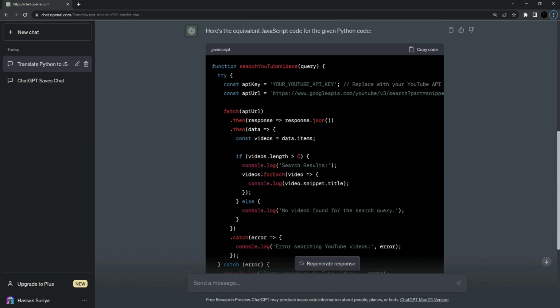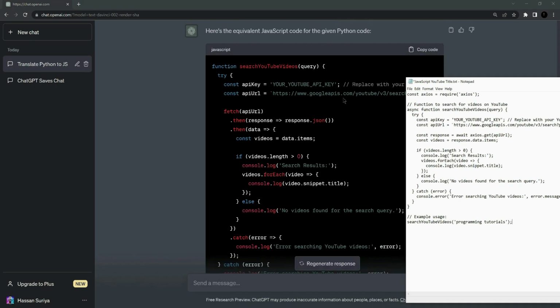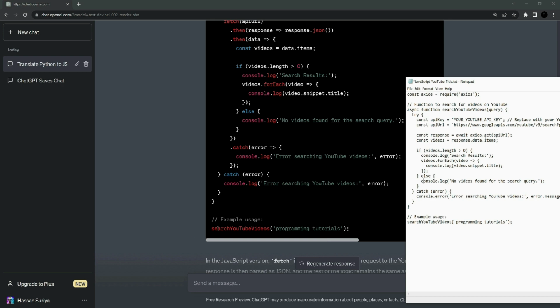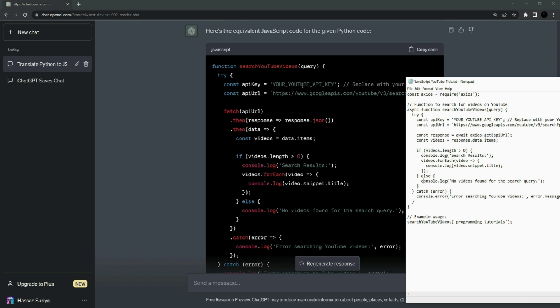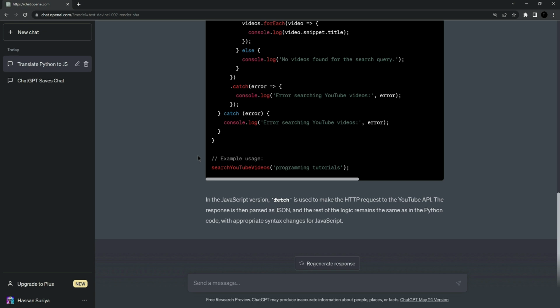You can see that it is actually the same code. It might be different somewhere, but you can get the same code as well. You can see those print statements like no videos found for search query, which actually exists in the real code too. Also, you can see that the function names are also the same and the method to contact the API is also the same. So in this way, you can ask ChatGPT to convert your code to any language, and ChatGPT